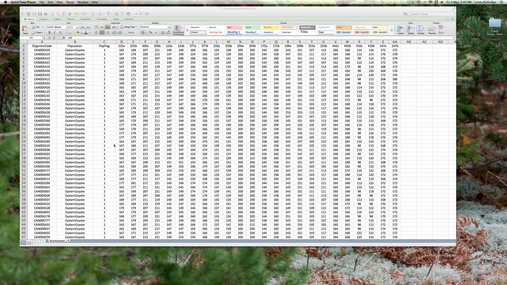And it's in this format with the organism or sample ID in the first column, the population in the second column. The pop flag is used in these assignment tests. So one tells Structure to actually use the population ID. And then the numbers at the top here are the microsatellite marker names, and of course below that are the scores. So once you have that open, you can go ahead and open up